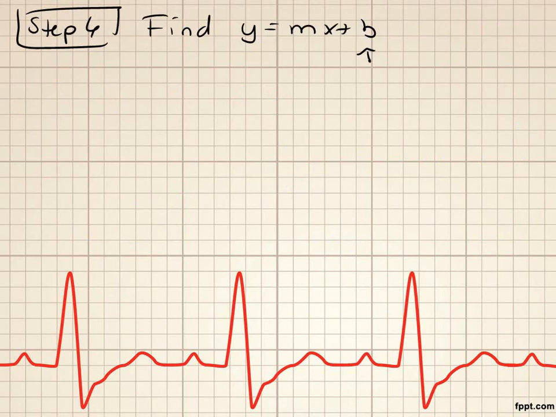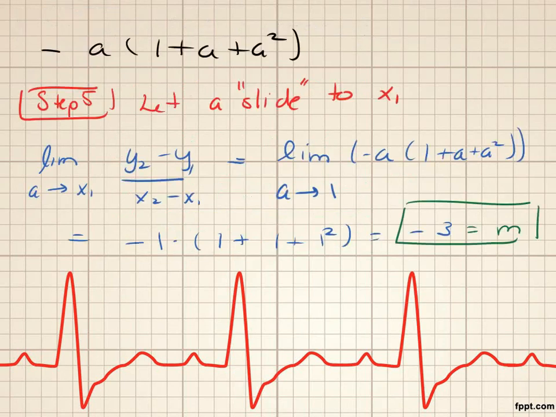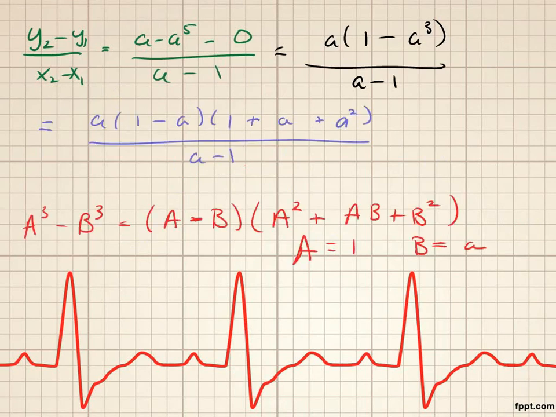Now you need the b, y equals mx plus b. y1, x1, m equals minus 3. There it is. I have a question. I don't understand how you got 1 minus a cubed. That's called a formula. So like difference of squares, there's a difference of squares formula. We factored a out after